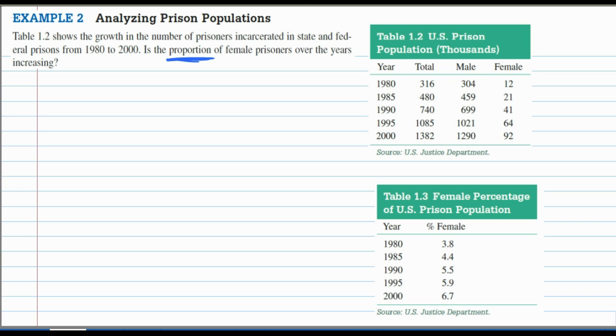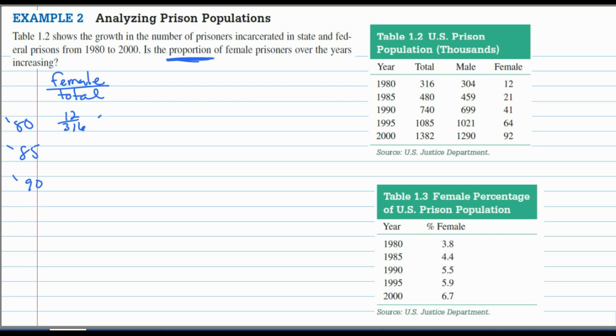Is the proportion of female prisoners over the years increasing? See, the table shows the number of prisoners. We want to know the proportion of female prisoners. So we could take the number of female prisoners and divide by the total for each and every year. So 1980, 1985, 1990, etc. And let's see, my female would be 12 out of the total